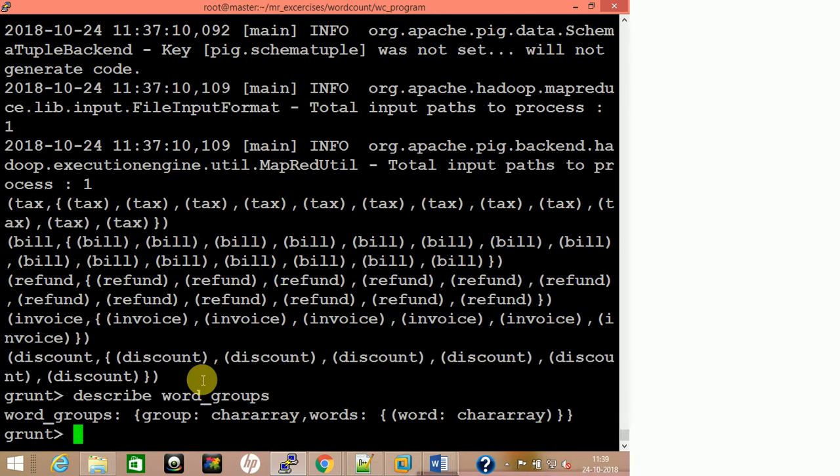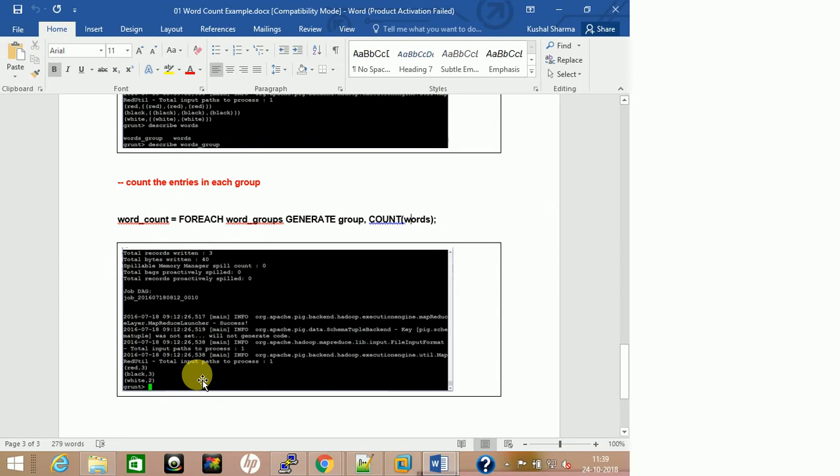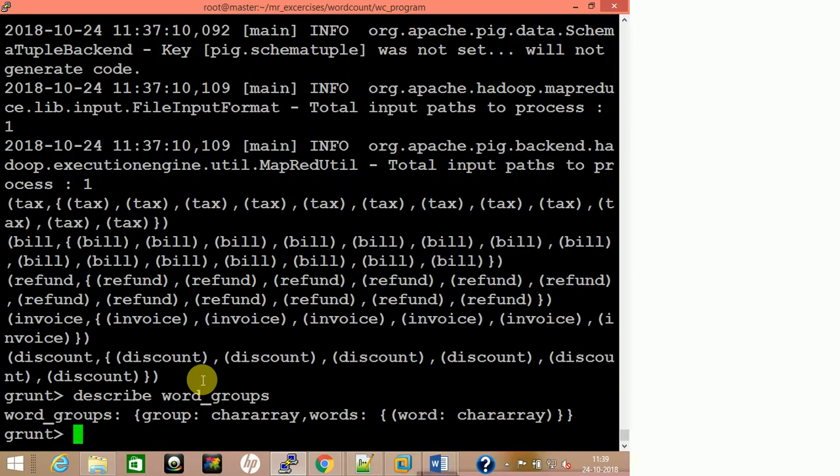your group query generates bags. The feature of group query is to generate bags, because group combines your tuples, and if your tuples are combined, it becomes a bag. Okay, fine. So now we'll make a relation word count. For each word group, generate group and count words. So word count